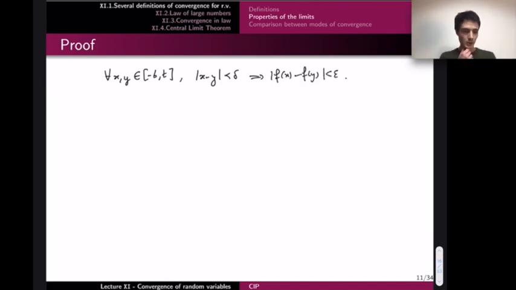That's uniform continuity. And so let's say